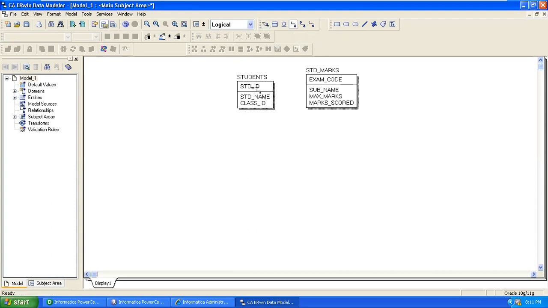If you define identifying relationship between these two tables, first we select identifying relationship from the toolbar. First place the cursor on student table, next place the cursor on child table. See where it was added, it is added in the key section. Okay. Now, if you want to define a relationship between two tables with a non-identifying relationship, like this, where it was added, it is added in the non-key attribute section of the student marks, like this. Okay.